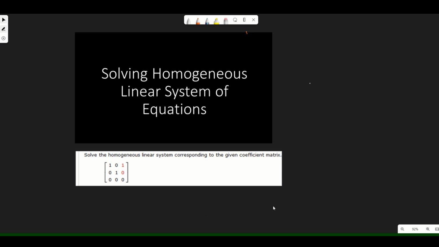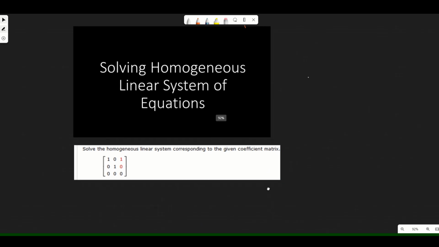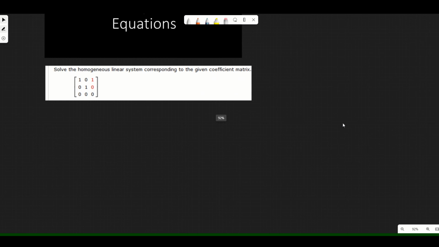So in this case, only the coefficient matrix is given. Now, in order to rewrite this coefficient matrix, I know that these are the coefficients. The first column is the coefficient of x, the second one is the coefficient of y, the third one is the coefficient of z. And since it is just the coefficient matrix and it is homogeneous, you know that the constants are all 0. So when I rewrite these equations, the first equation gives me 1x plus 0y plus 1z equal to